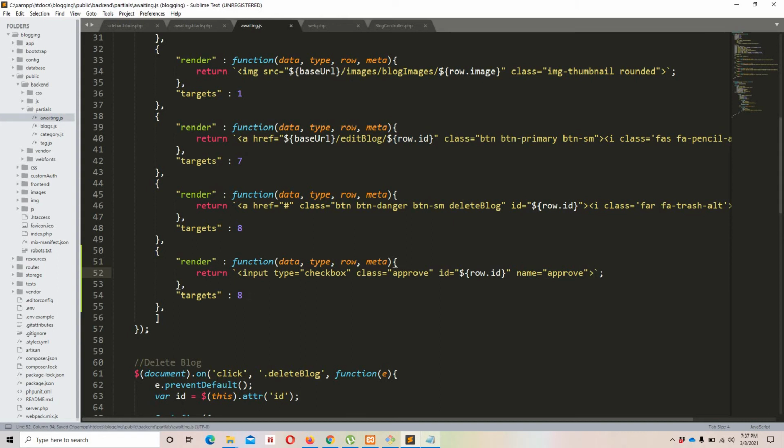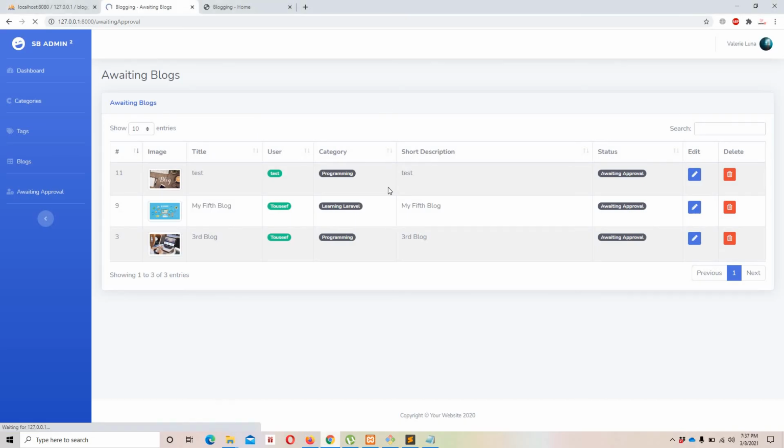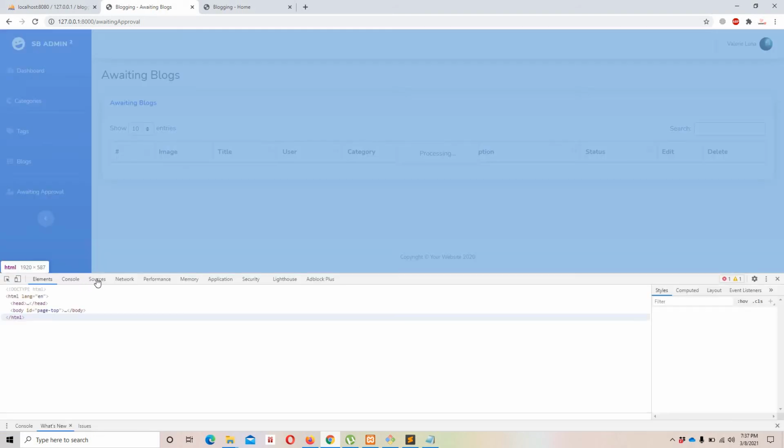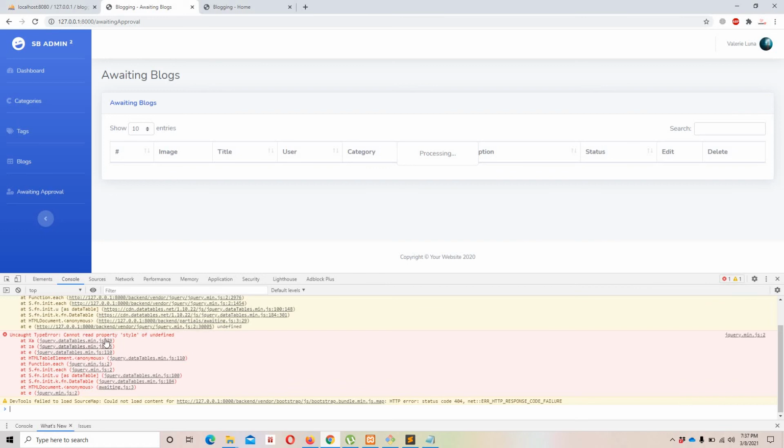Now we will not be able to see anything. Why? Because we are defining an extra column right here, but we haven't implemented it on the blade. Let me just show you so you can debug if you face any sort of issue like this. See, it's processing and on hold, and if you go to inspect you will be able to see right here